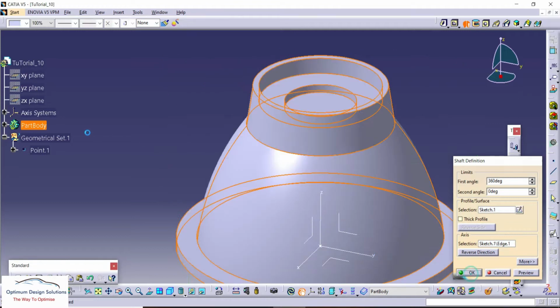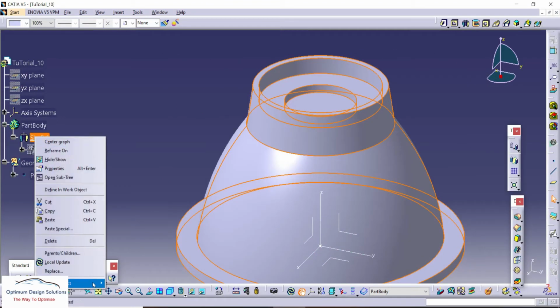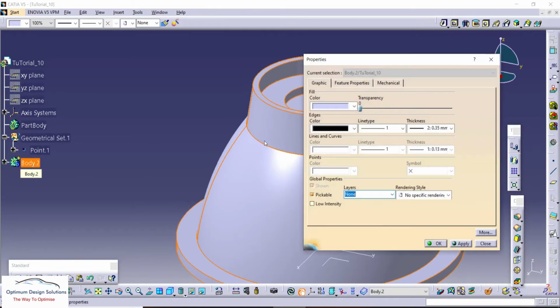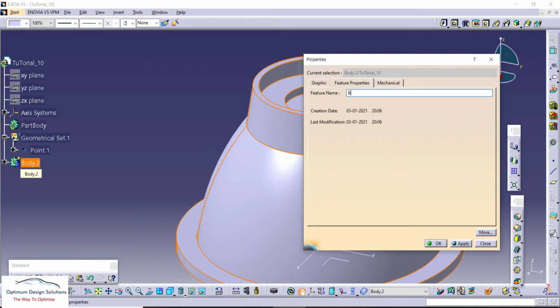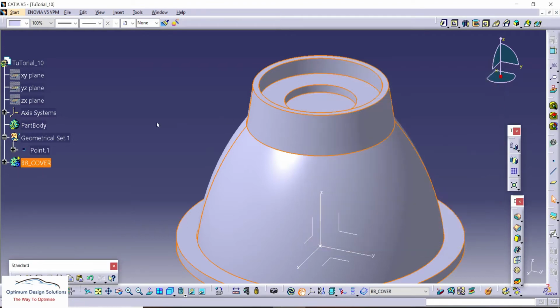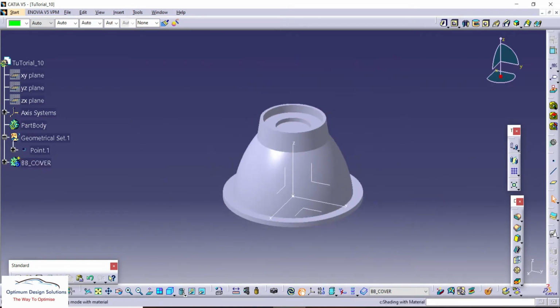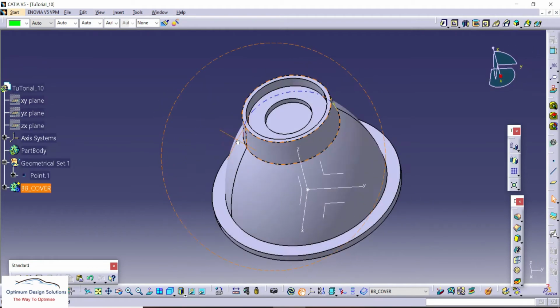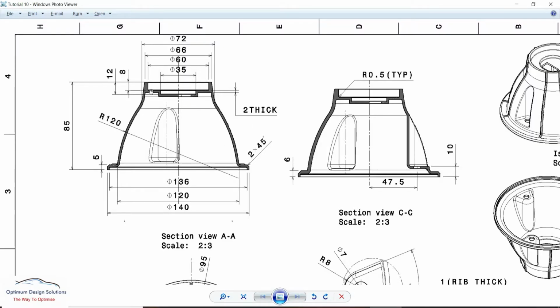Revolve, it means the shaft command. So here the basic 3D gets completed. We'll give the basic body the name cover. This is the first body, on which we are going to do the remaining operations.